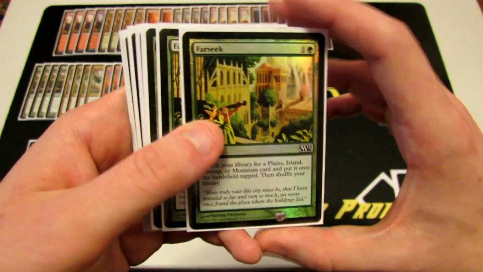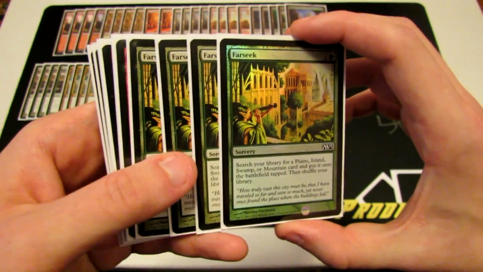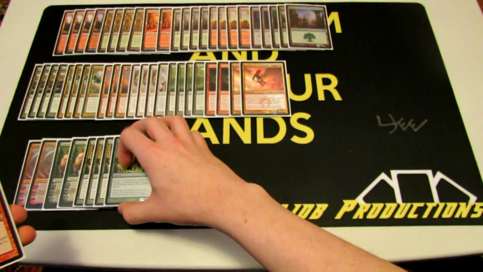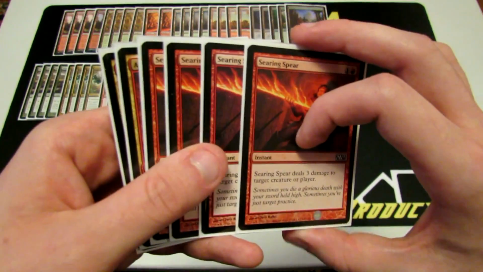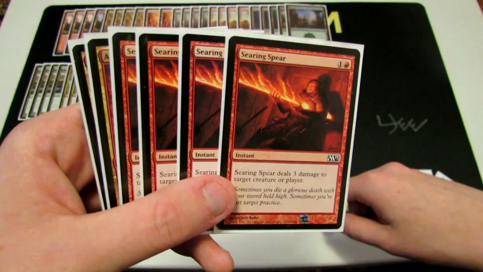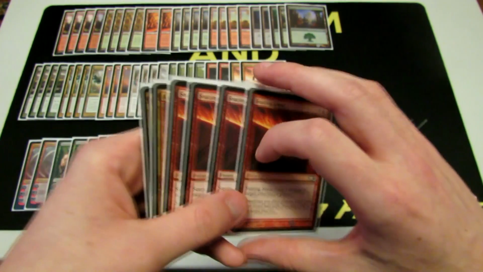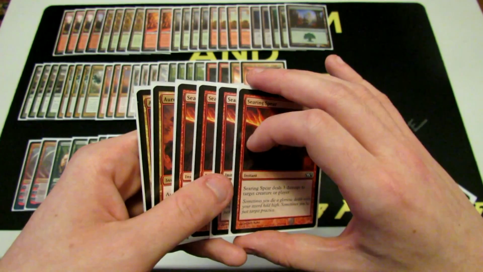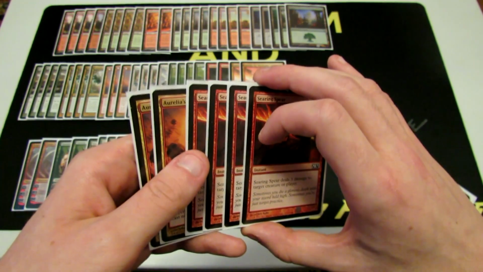Then we have our other spells here. So we have a playset of Farseek that lets us ramp and fix, so lets us search for our shocklands. We have a playset of Searing Spear, so instant speed, deal 3 damage to target creature or player. This is more so for the early aggro decks than anything else. Just be able to kill X/3 or less